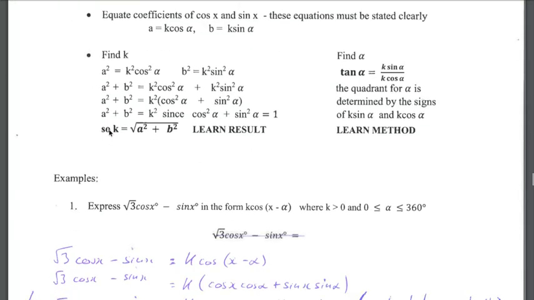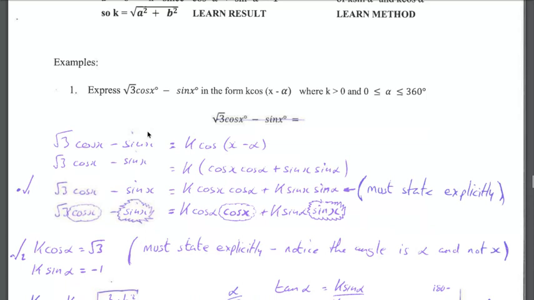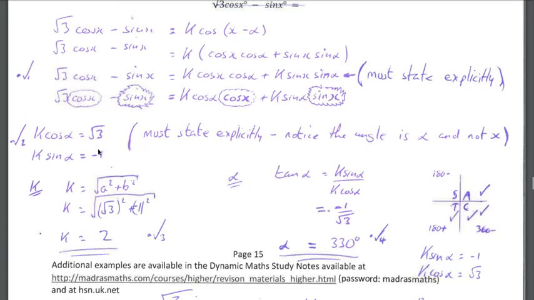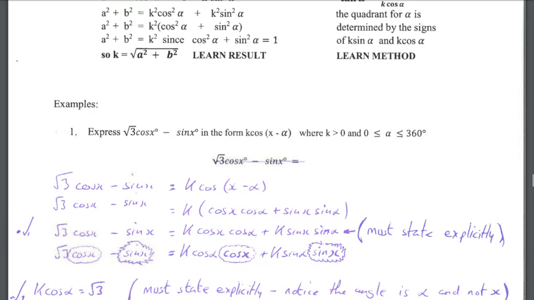The value of k is just the square root of a squared plus b squared, where a and b are just these two values here. So I'm going to square root 3, I'm going to square negative 1, I'm going to add them together, which will be 4, then square root to get 2. That's our value of k done. That's mark 3. And then mark 4,